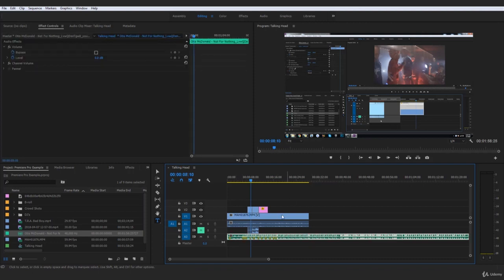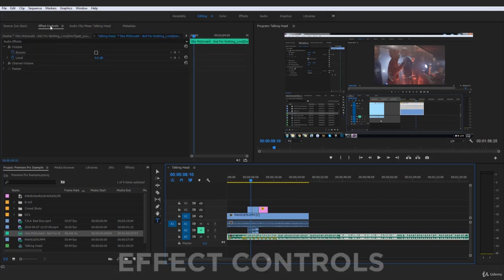So the way we'd actually go about doing that right off the bat, and I'm going to be getting so much more extensive into this stuff, guys, so do not worry if you're not picking all these little miniature things I'm mentioning quickly up. We're going to be getting so much more extensive into all of this stuff. But just to quickly drop the backing track audio, we would just simply click on it and go to Effect